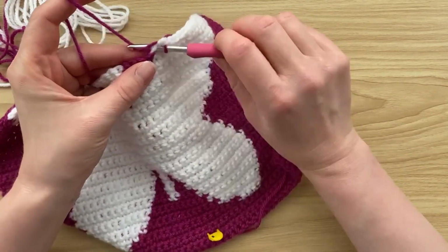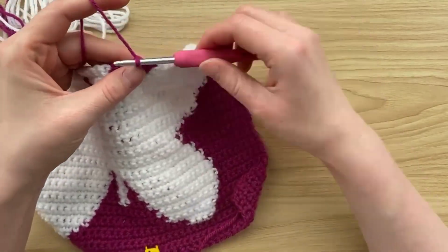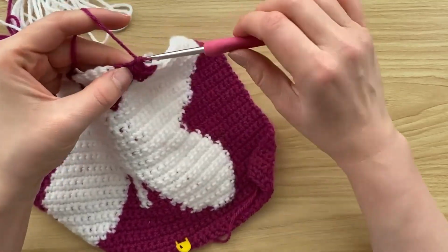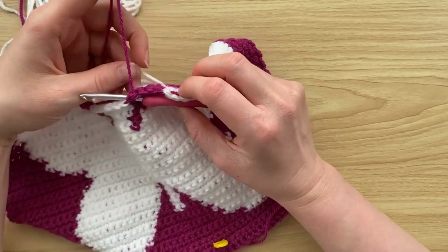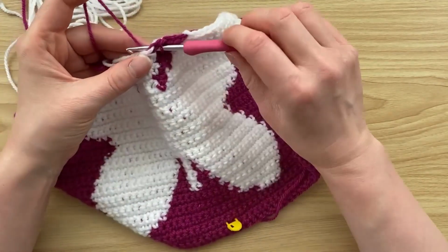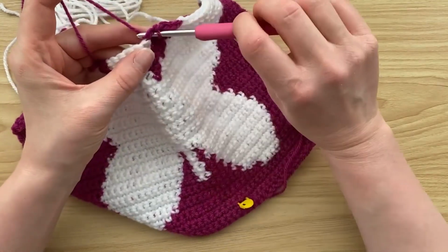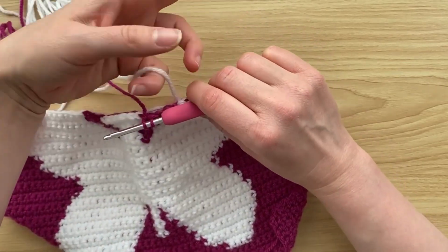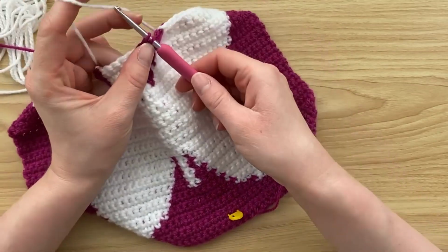So next I want 5 pink stitches, 1, 2, 3, 4, and exactly like before. So on my 5th stitch, normally I would pick up the white, loop it over, crochet over and carry on, but I only want 5 stitches. So I'm going to leave it, bring up my 2 loops, drop my pink, pick up my white, and then